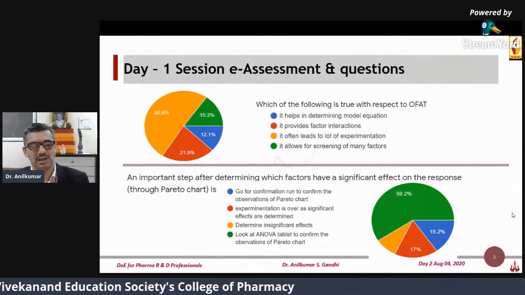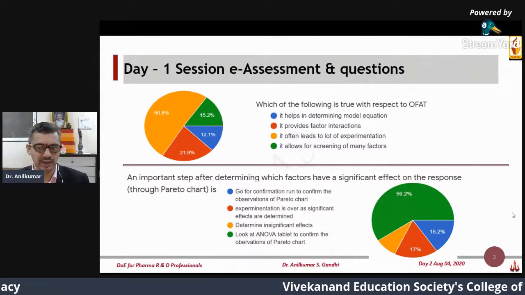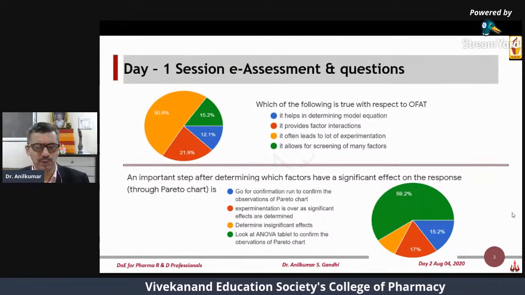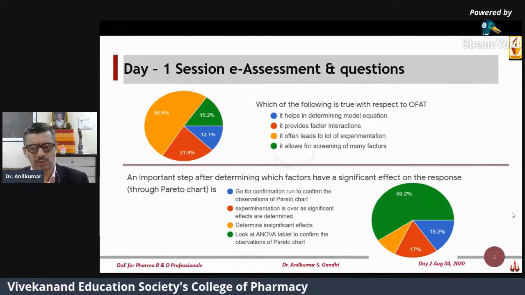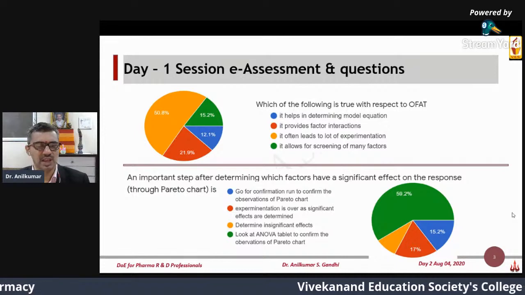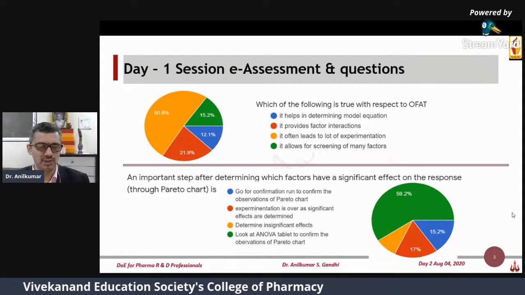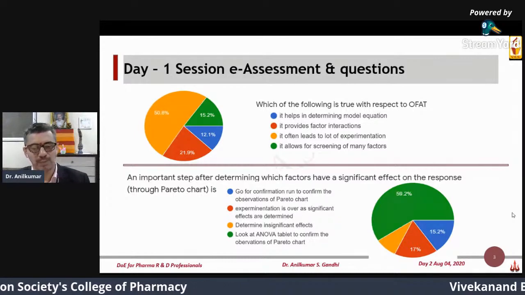So the right answer, of course, is ANOVA, which about 60% of you got correct. But there are a few people who gave the other answers in equal portion. That is, go for a confirmation run to confirm the observations of Pareto. Please remember, the confirmation runs come